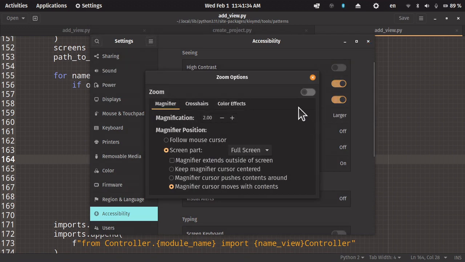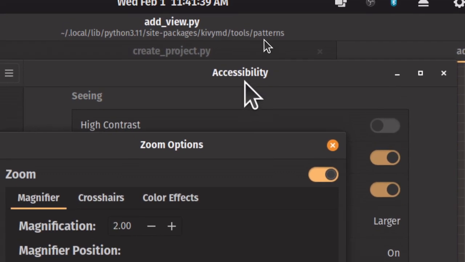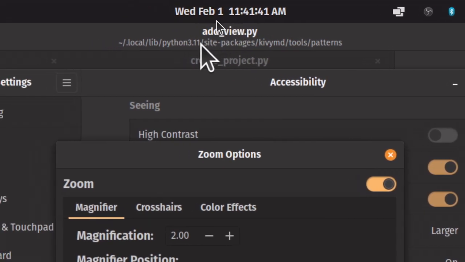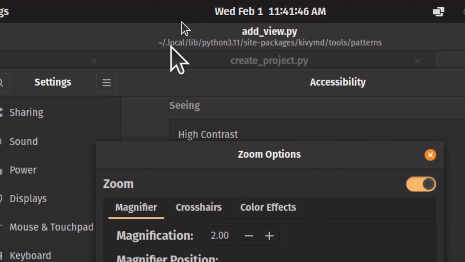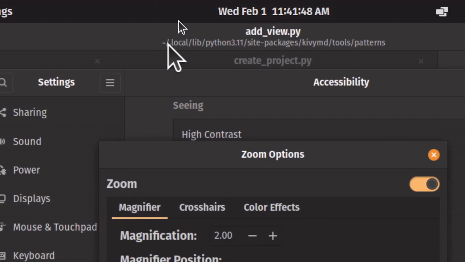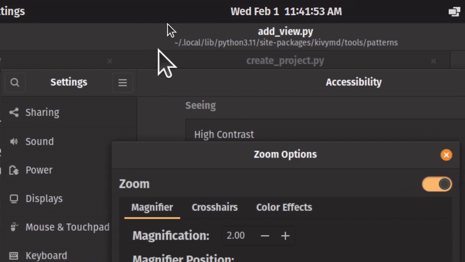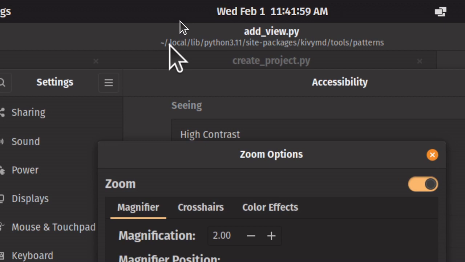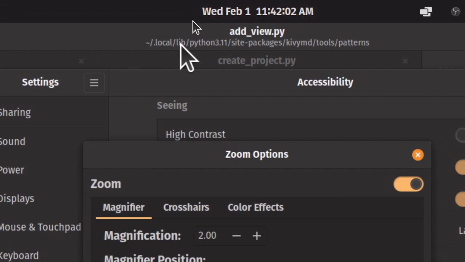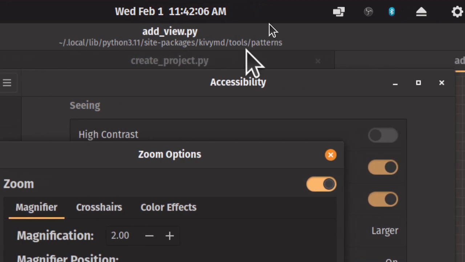Zoom. Okay. Yeah. So I want you to follow my cursor. Right now, I know you can see whatever I'm seeing. This is your home directory, this exact place. Am I recording this? Okay, I think I'm recording it. Yeah, I'm recording it. So this tilde sign is your home directory, the local lib Python 3.11 site-packages, KVMD,